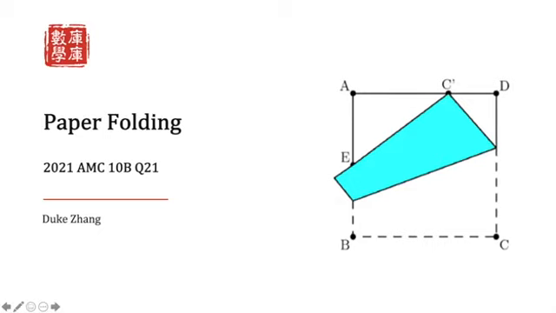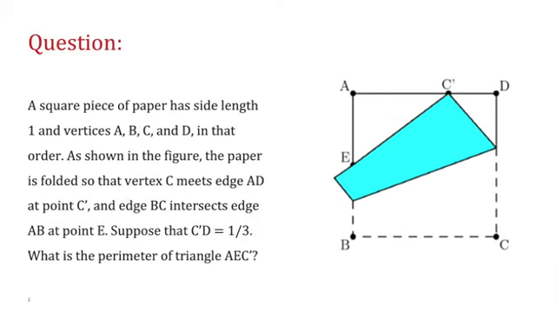This is an explanation for question 21 of the 2021 AMC 10B, paper folding. A square piece of paper has side length 1, and vertices A, B, C, and D in that order. As shown in the figure, the paper is folded so that vertex C meets edge AD at point C prime,